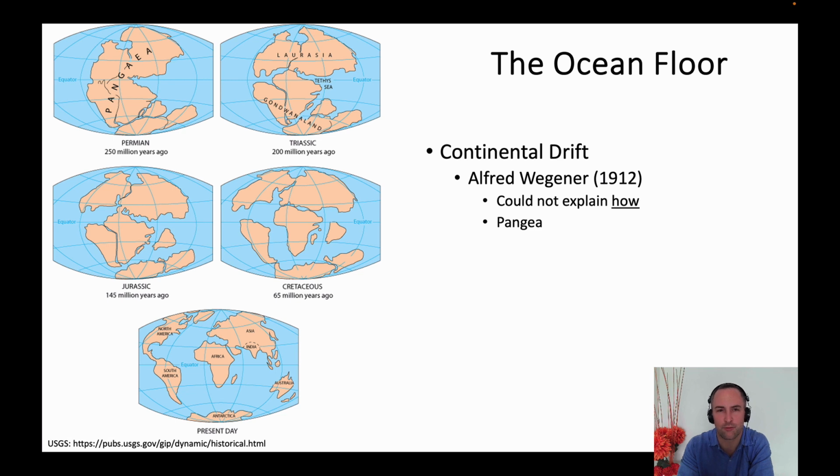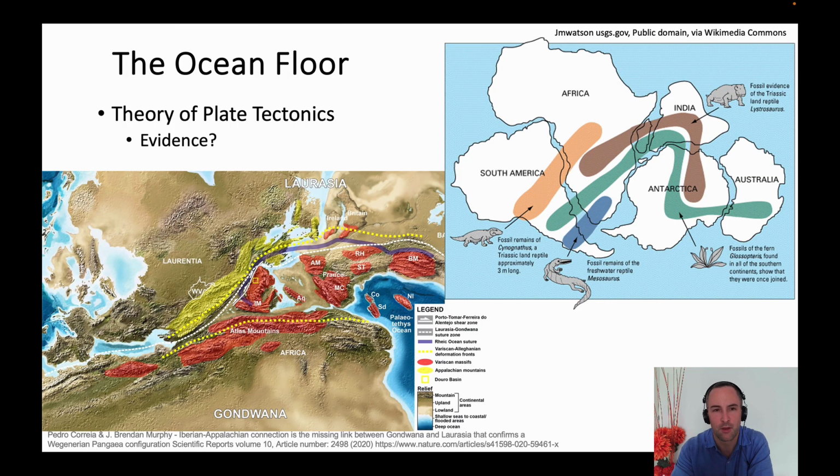So okay, they were all one supercontinent at one point, but how did this break up? What were the processes, and what evidence is there for us to think about? Turns out part of this, as we're thinking about evidence, is the fact that we have similar rocks on each coast. If you look at South America and Africa, the two most obvious ones, they kind of still look like they piece together,